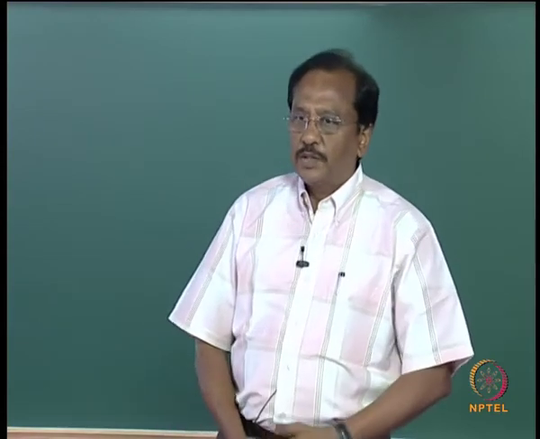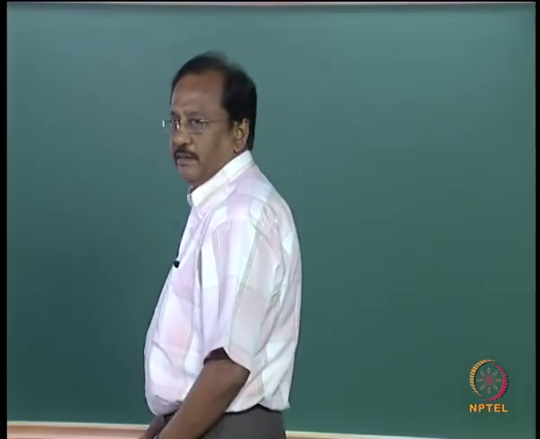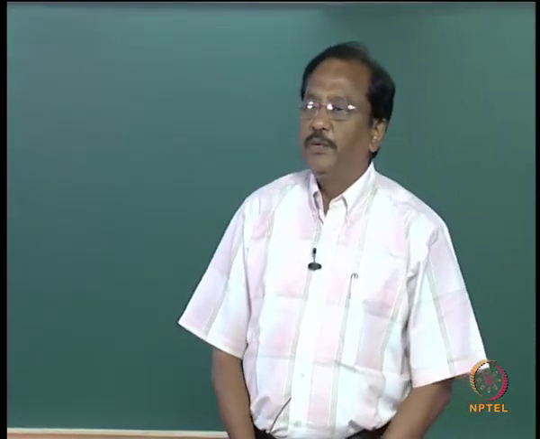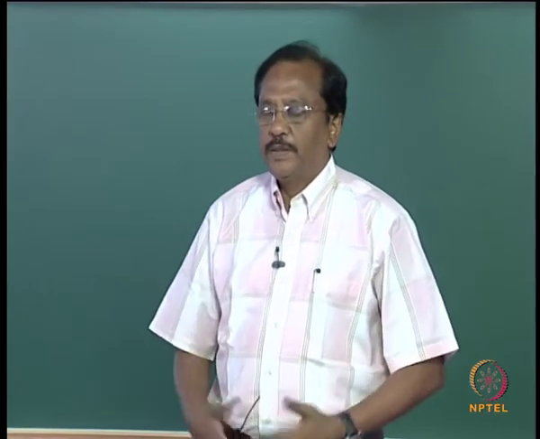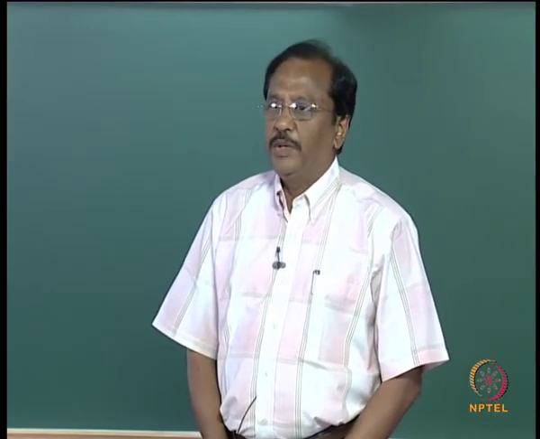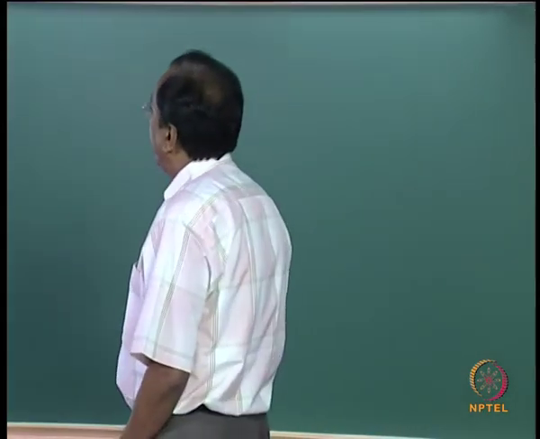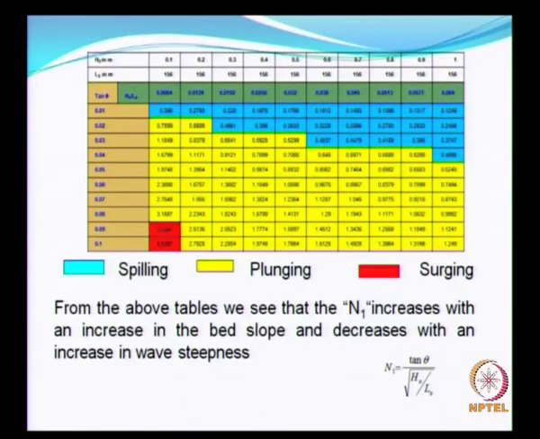And off the southeast coast of India, for example Chennai, where you have the major harbour etc., in that vicinity you will be able to see plunging type of breakers occurring more frequently. So here, for certain conditions as we have shown here, for beach slopes of 0.01 and 0.1, and for very low wave height, you can have your surging type of breakers.